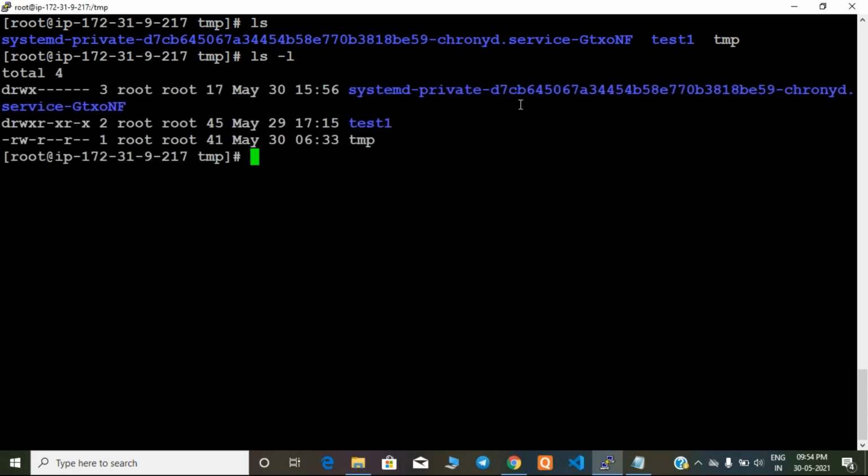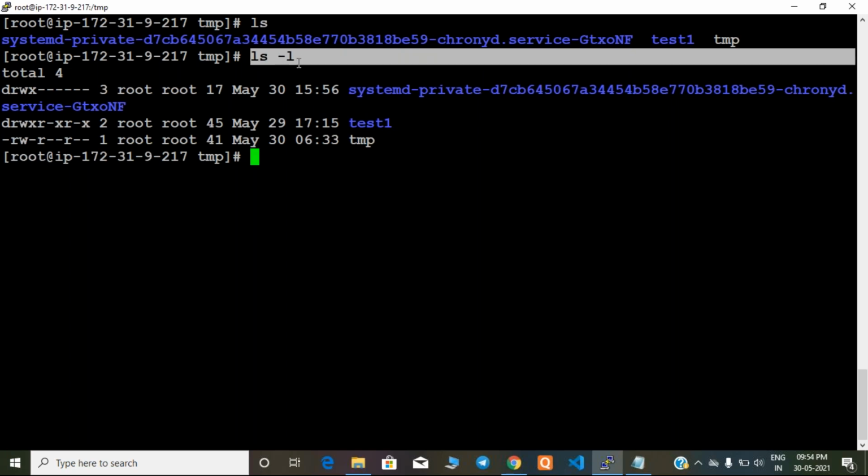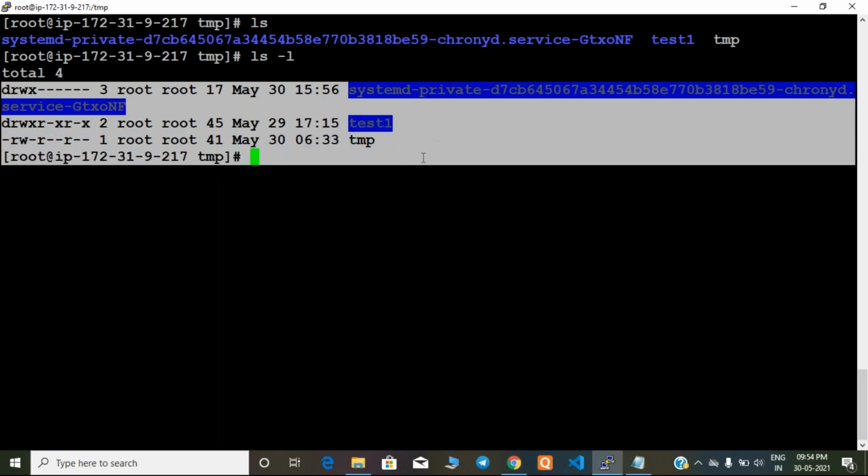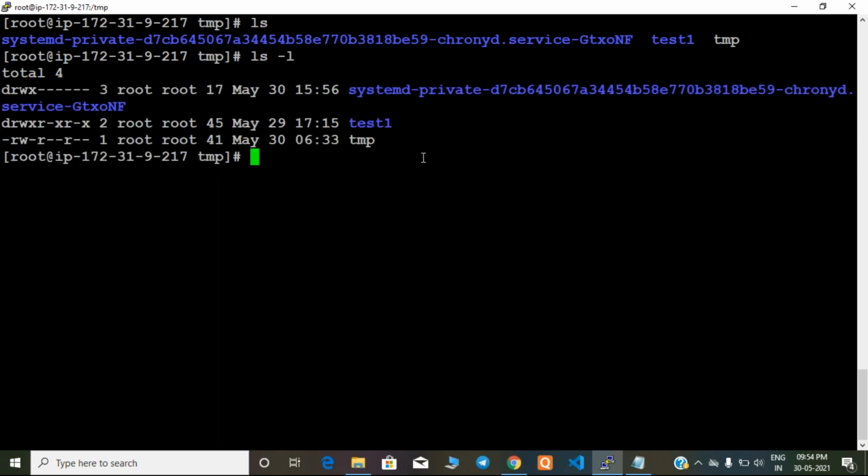So guys, -l is again an option, guys. Just now in Windows I showed you how options work. Same concept. In Linux also we have options for your commands. See, -l will show you the properties. I will explain these properties, guys, but try to understand about the options.